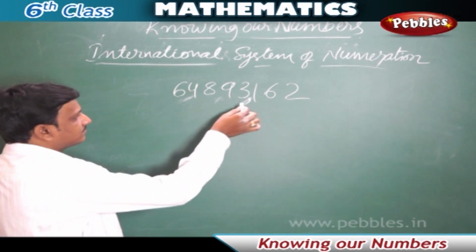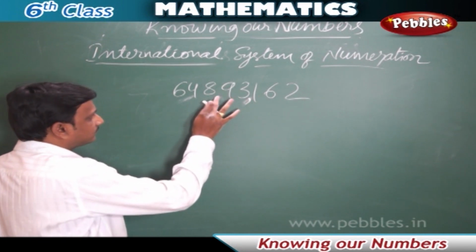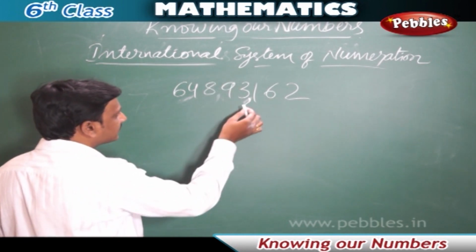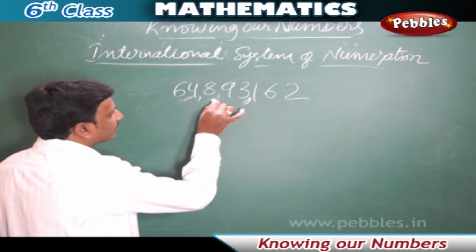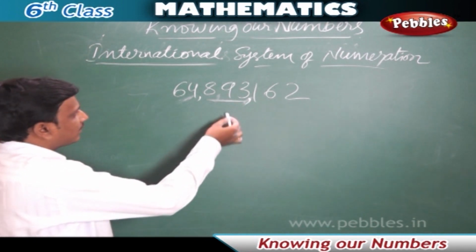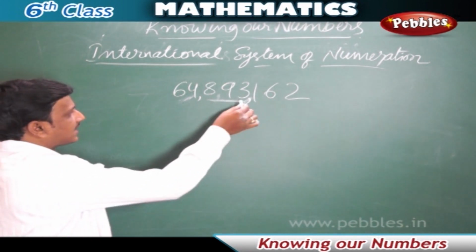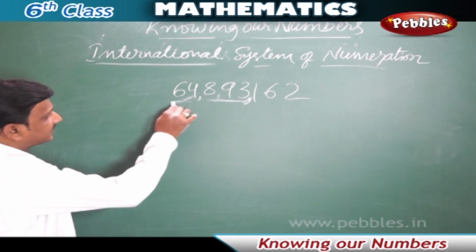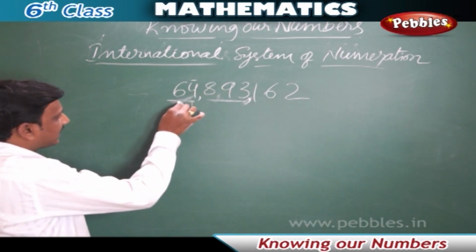So in our Indian system, after 2 more digits, that is after the thousands place, we keep a comma. And we read the before part as lakhs. But here in the international system, after 3 more digits, they put a comma. Now, they read this as thousands. Generally, after 10,000, we go to lakhs, but they say thousands, 893,162. And the number that is there before this comma is read as million and 10 million.